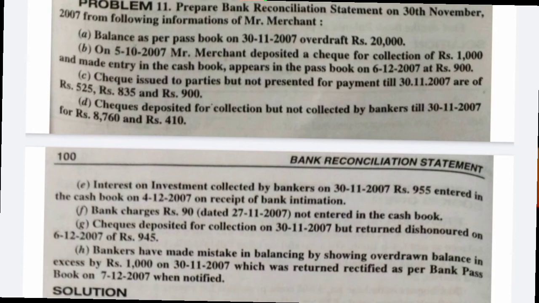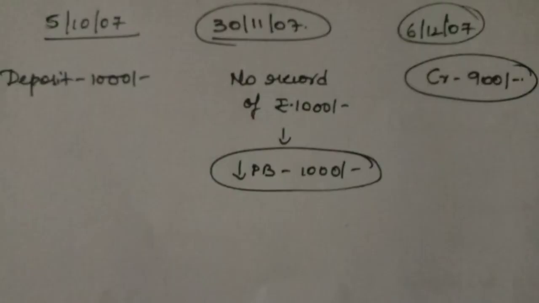Since no record is maintained in the passbook regarding this deposit of rupees 1,000, the passbook is showing a lesser balance of rupees 1,000, because the receipt is not yet recorded in the passbook in the month of November. So in the passbook, the balance is showing less by rupees 1,000 on the receipt side. Therefore, the amount of rupees 1,000 should be deducted from the overdraft balance as per passbook. Okay, are you clear, Sindhu? This is one of the things you need to understand for the exam. You will be making a mistake over here itself. So if you are clear, then we will continue.